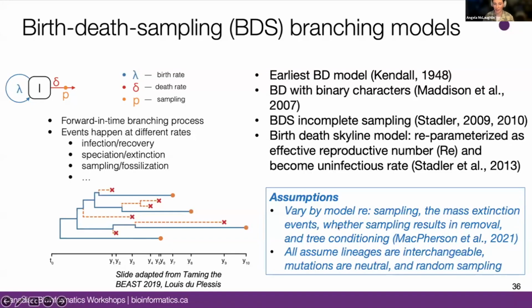So something to be wary of if you are thinking about applying these models. Some of the assumptions to be aware of here are that they all assume that lineages are interchangeable, mutations are neutral again, and that there's random sampling. But the exact specifications of this model vary in their assumptions in terms of sampling, as we talked about, whether there were mass extinction events or concentrated sampling efforts, as well as whether sampling results in removal